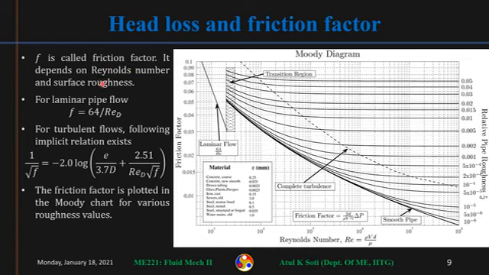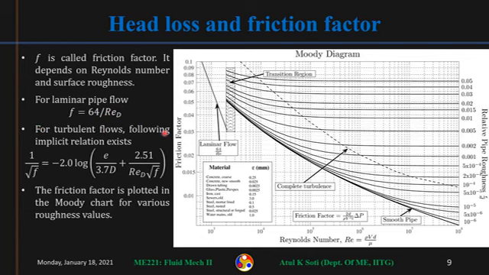Okay. So now if you go back to the laminar pipe flow case, which we saw in the previous slides, then you can compare the expression of head loss for pipe flow from the previous expression. So you will find that the friction factor for laminar pipe flow is simply 64 by Re_D. So in laminar case, we did not have surface roughness in there. So for laminar case, we have an analytical expression for friction factor, 64 by Re_D, where Re_D is the Reynolds number based on pipe diameter.